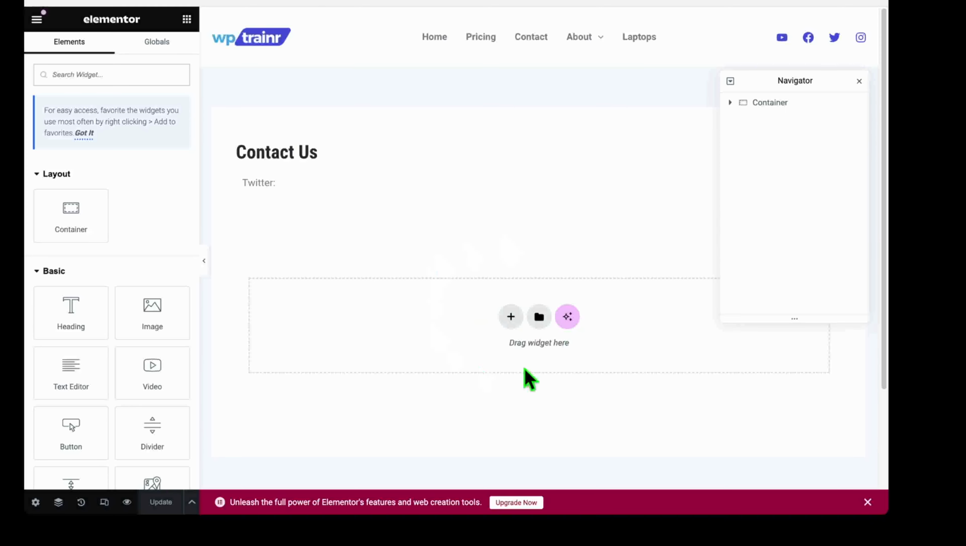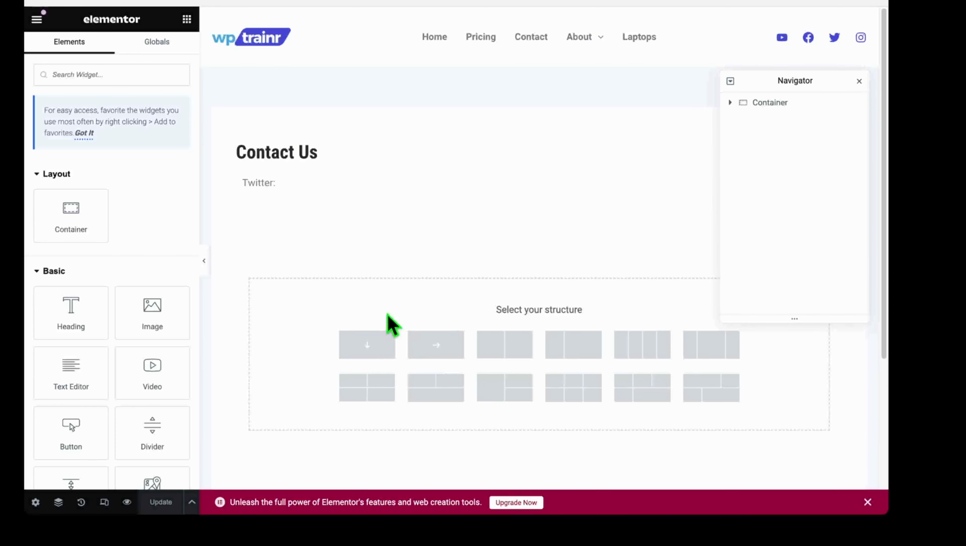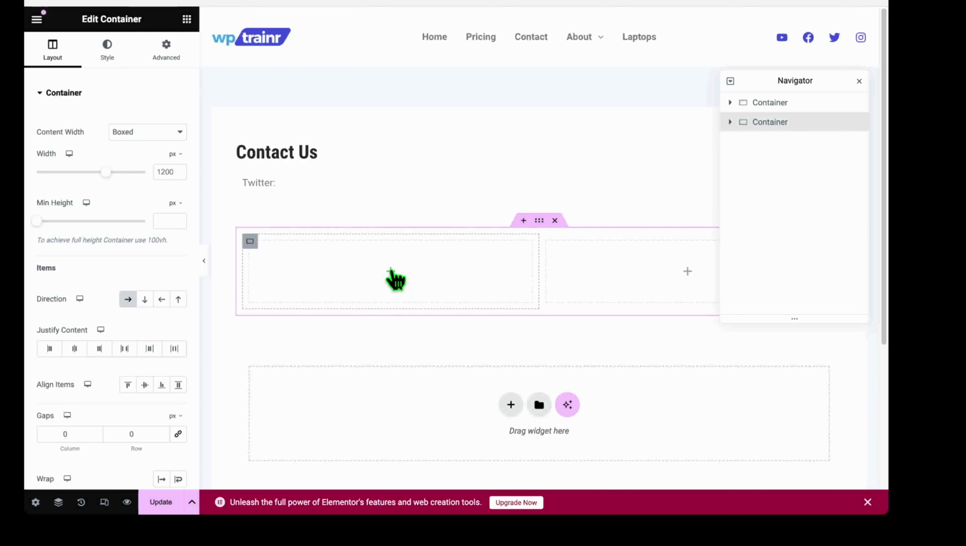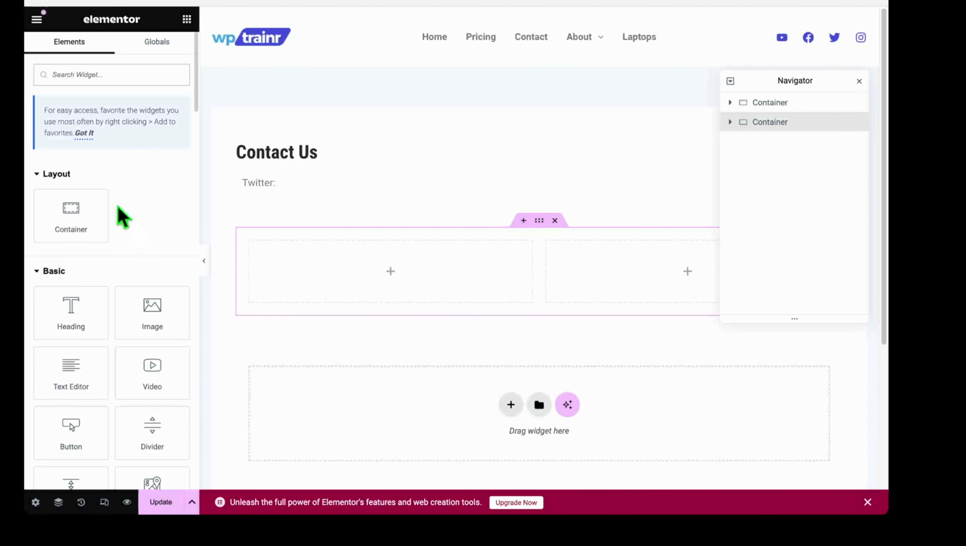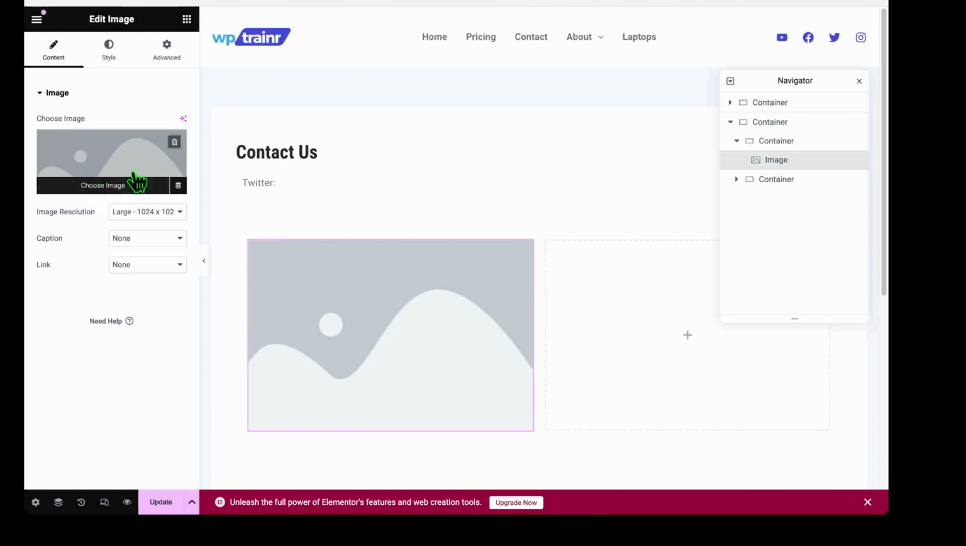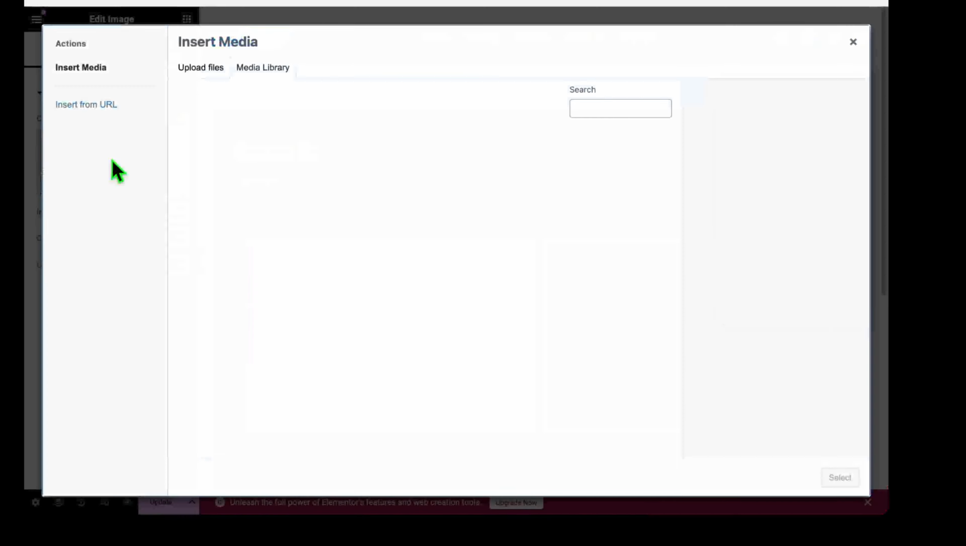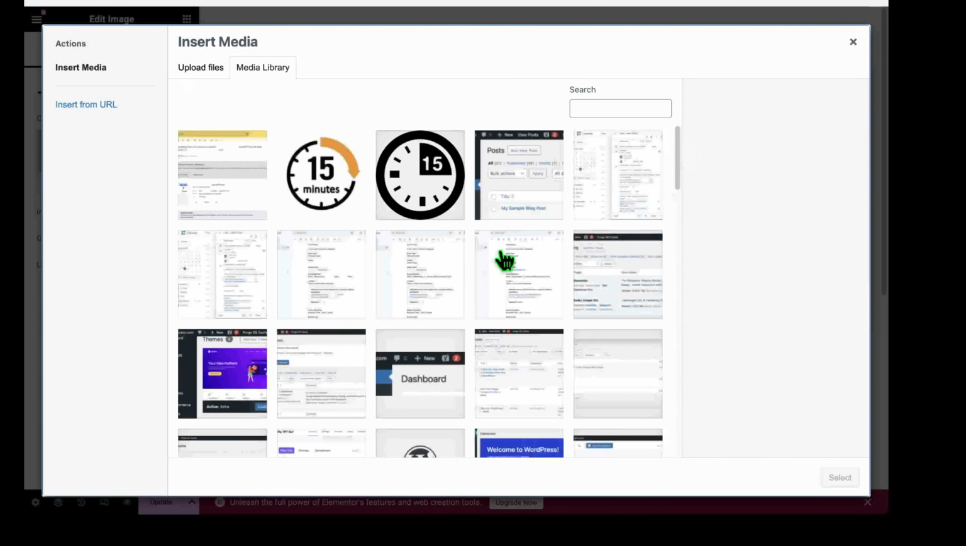So for example, click on the plus icon right here above the words drag widget here. Click on the plus icon and then we can add a column layout. So let's add a 2-column layout. And then let's click on the plus icon in the left-hand column. And you can see it opens the block palette here. And we can just click on a block or drag a block into the page, such as the image block, just like this. And then we can click on choose image over here to add an image into the page,